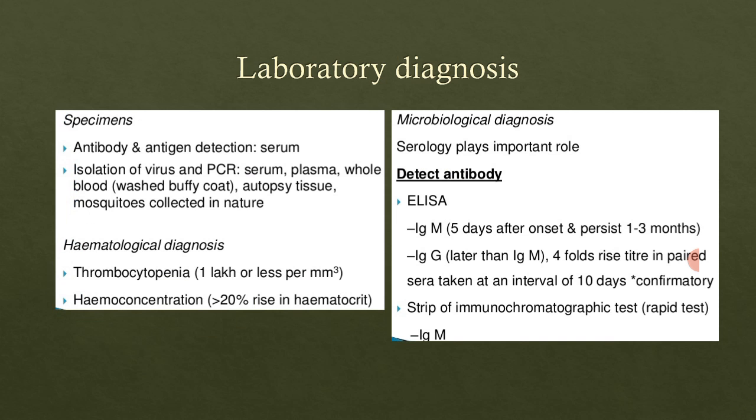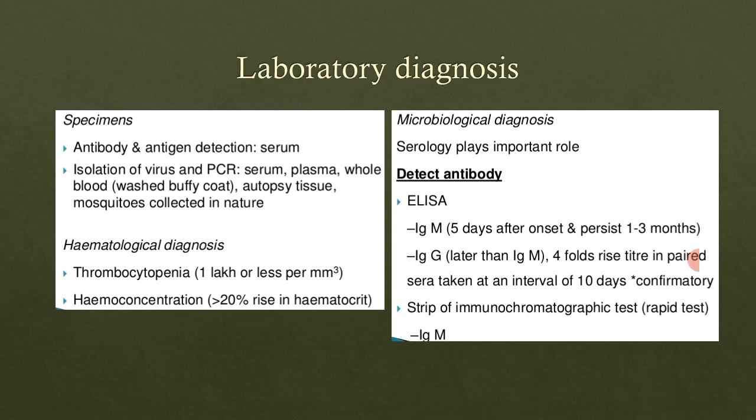Okay, we can isolate the virus, we grow them on tissue cultures, on cell cultures, and then we verify that, or we isolate, we quantify them using PCR, right, polymerase chain reaction. These are the serological tests. Okay, now the next one is the hematological diagnosis, that is the blood diagnosis. Now in that, thrombocytopenia,